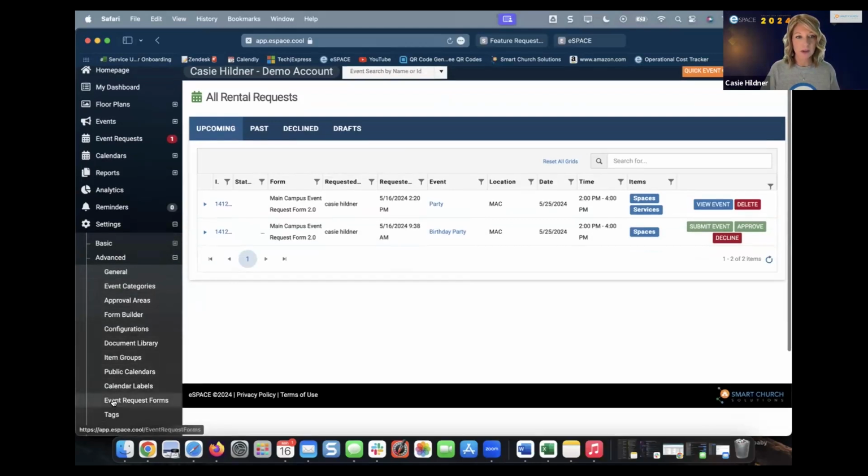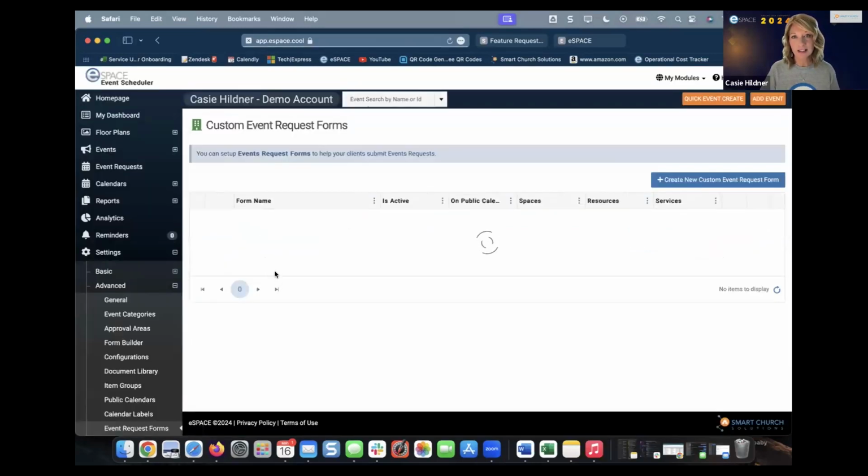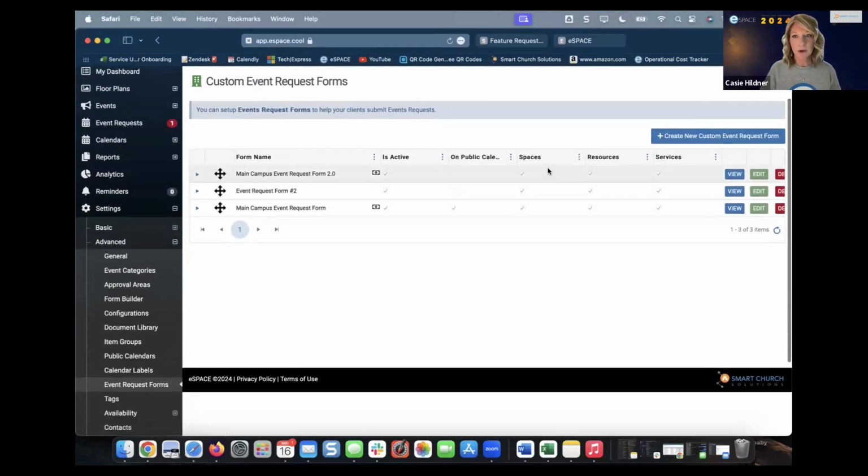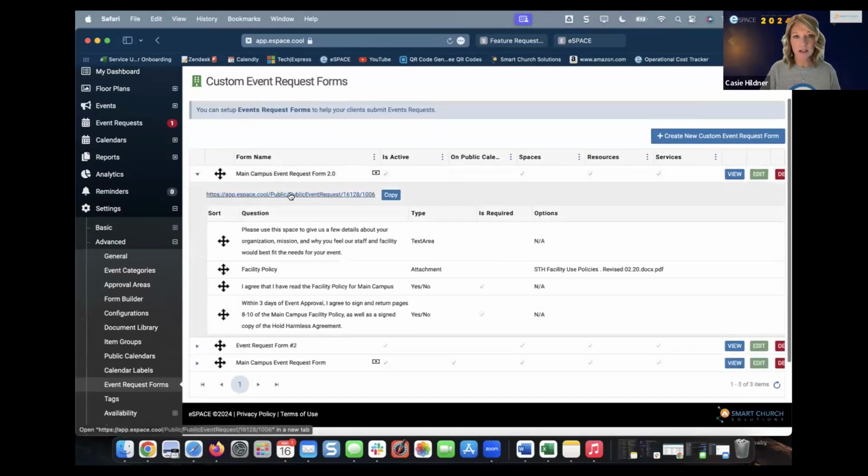So I'm going to go back to event request forms. Again, this is under your advanced settings. You're going to see this if you're at the premium, ultimate, or enterprise tier with us. And you're going to be able to build this form. Now, I want to drop one down and show you the link. So this link